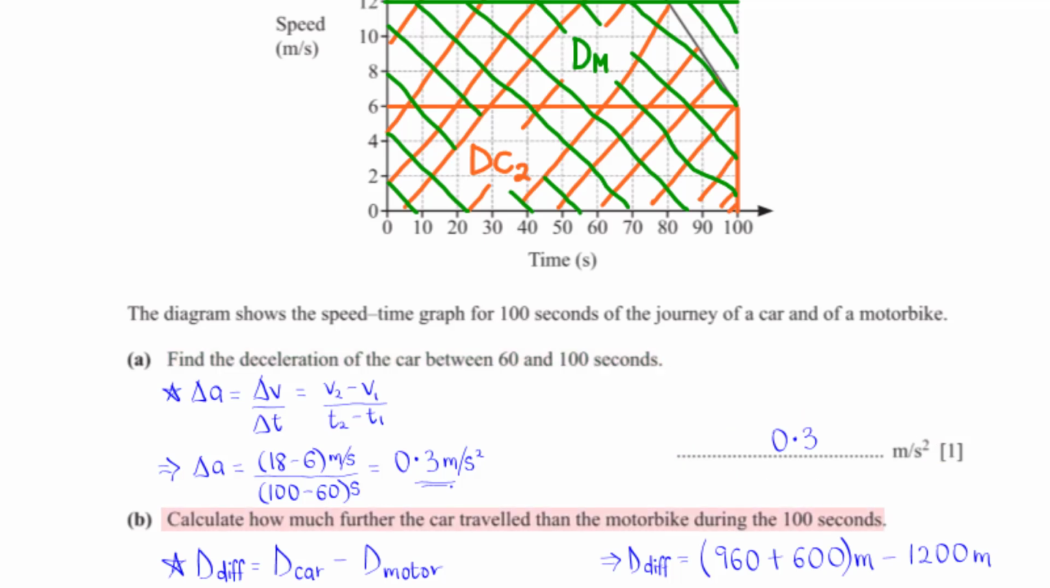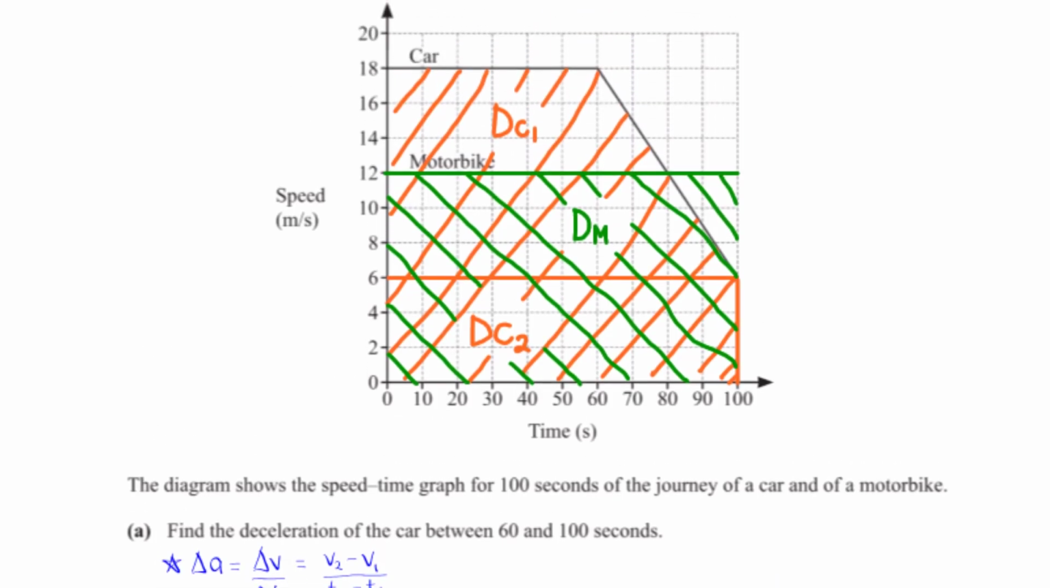Calculate how much further the car traveled than the motorbike during the 100 seconds. So what we are asked to find is the difference in the distance traveled between the car and the motorbike. The area under the speed time graphs is the distance traveled. To find the distance traveled by the car, we can split the area under the graph into two main sections: